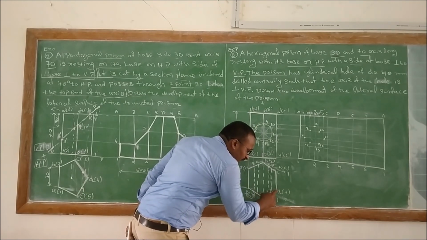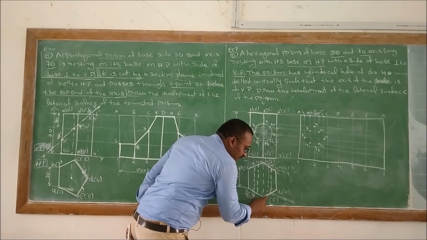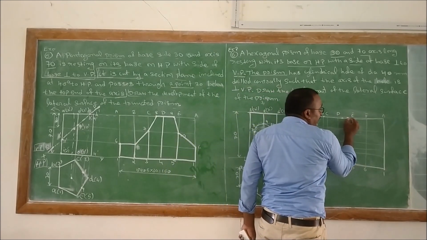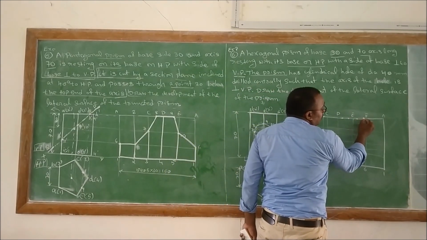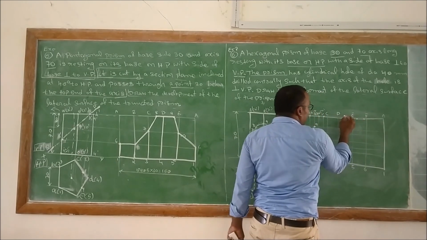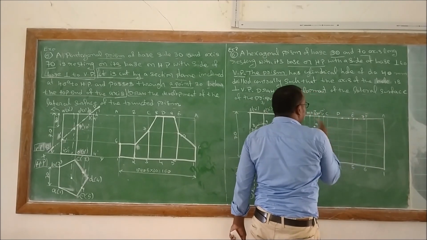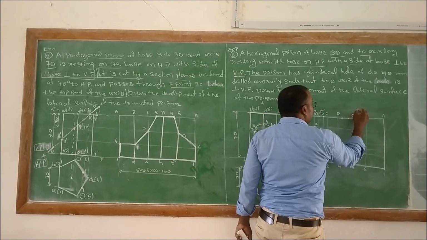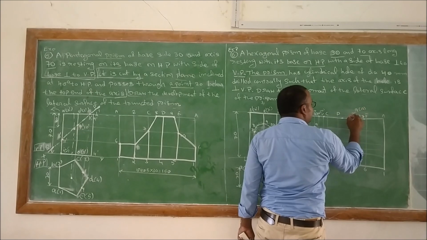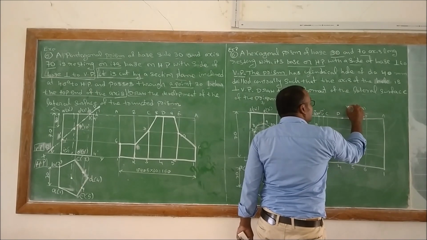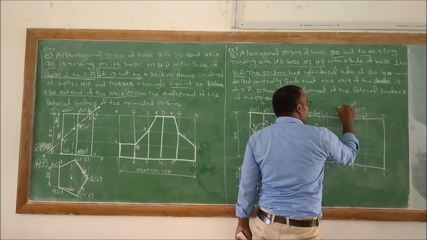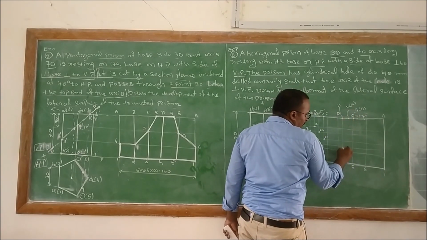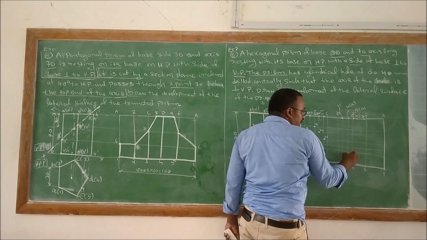In a similar way, with the same distances from point D, because you can see from D to E there are 2 lines, and E to F there are 2 lines. Here also we will have a reverse format: 7, 14, 8, 9, 13, here 10, 12, and finally 11. Then you need to project all those points downwards.